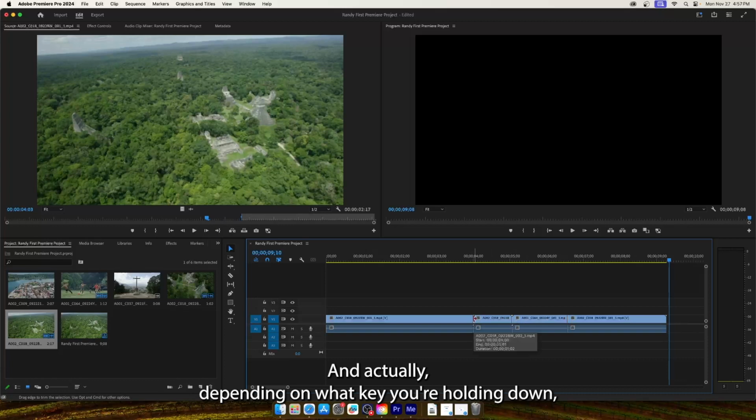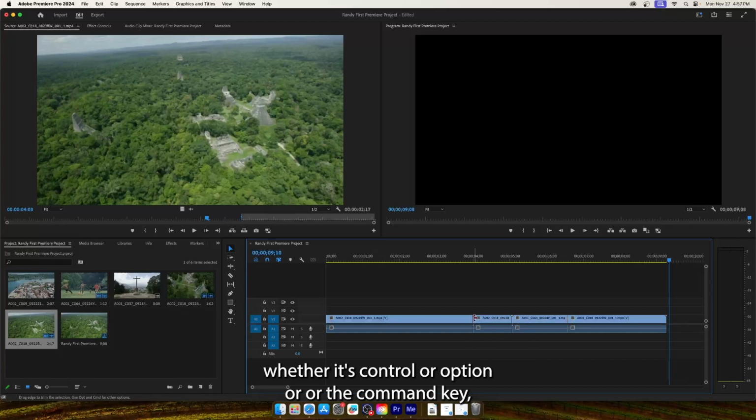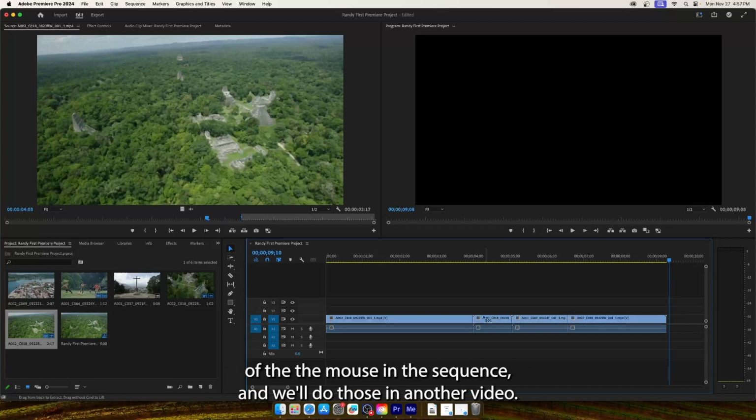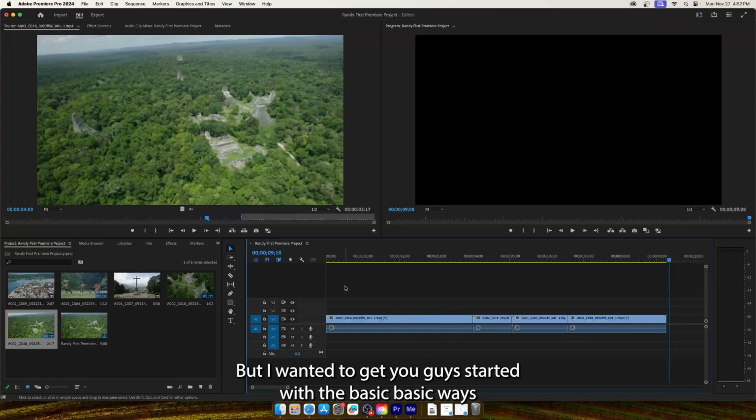And actually, depending on what key you're holding down, whether it's Control or Option or the Command key, you'll see that you change the behavior of the mouse in the sequence. And we'll do those in another video,